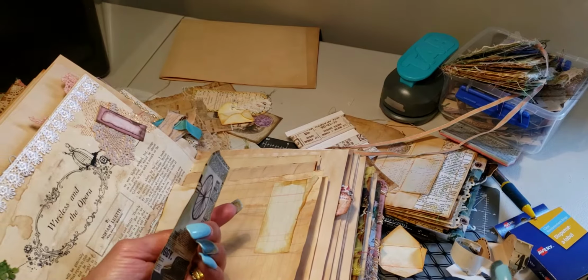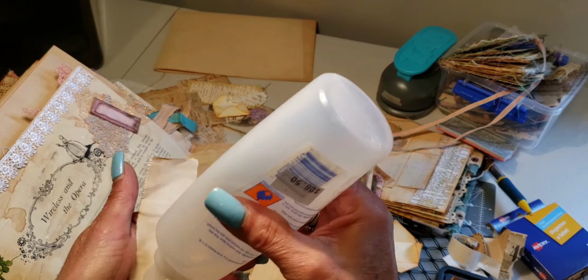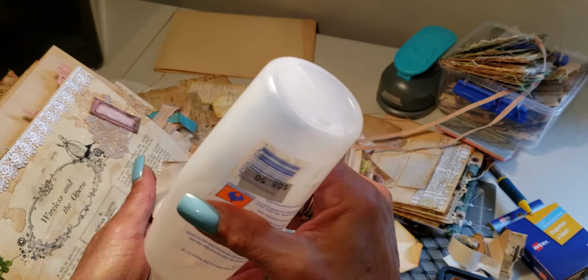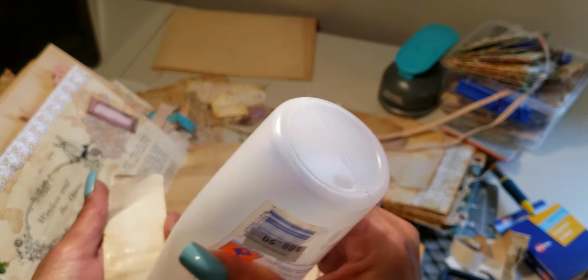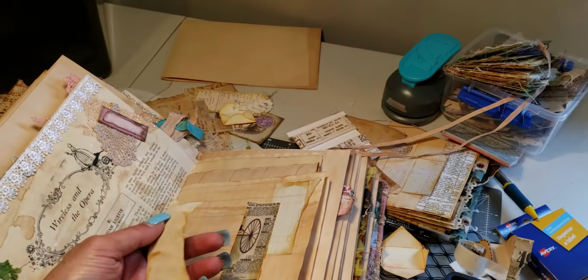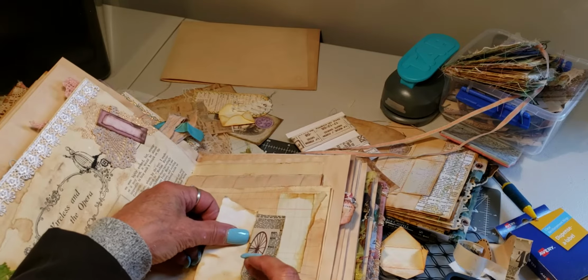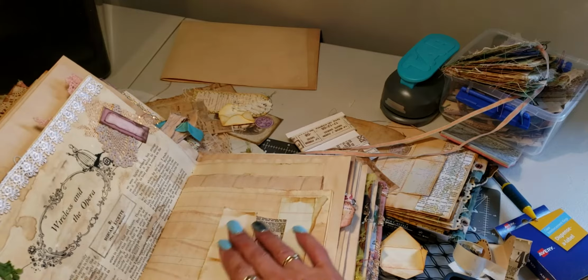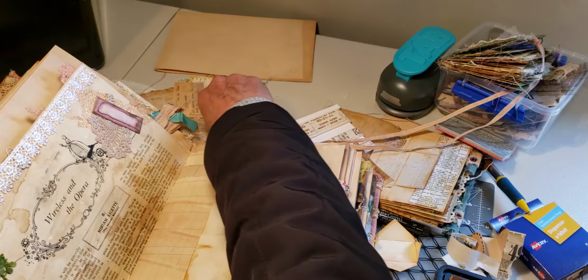And then I might, because that's only, oh well, it is ledger paper too, but it's a different ledger to this one. So yeah, I would do something like this. Just laying paper. And then I would get